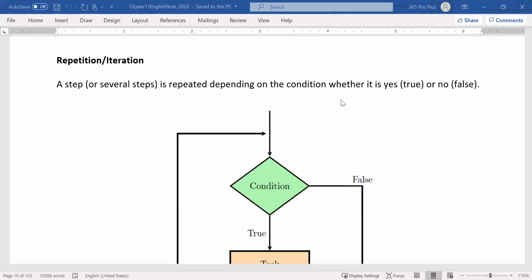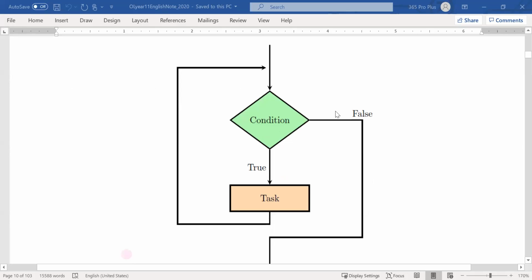Of repetition. So this is what we have done last time, repetition. So for example, this is